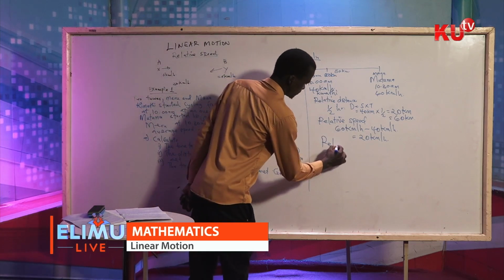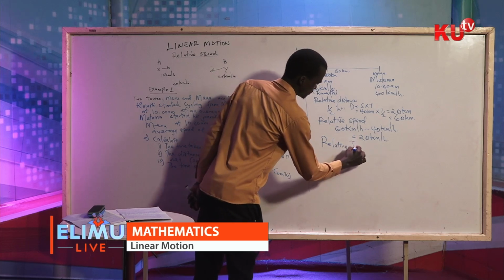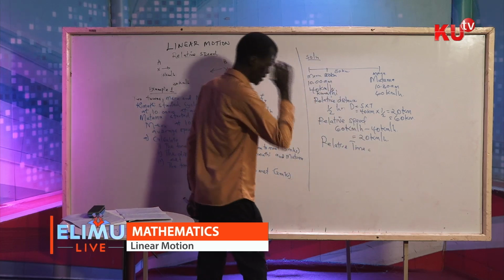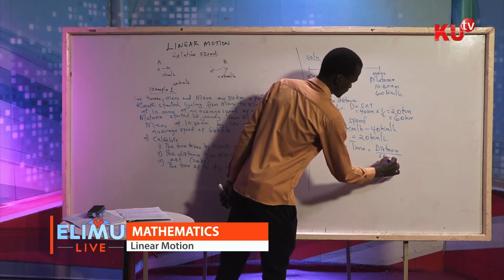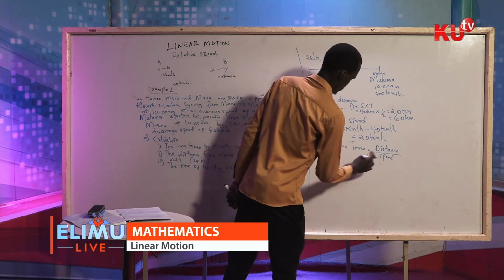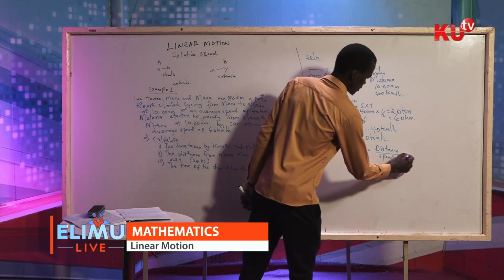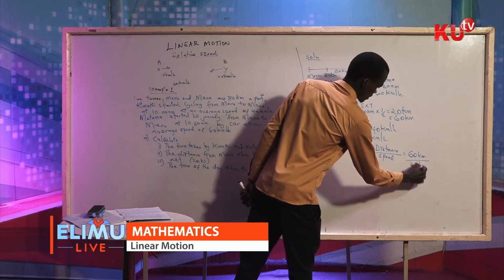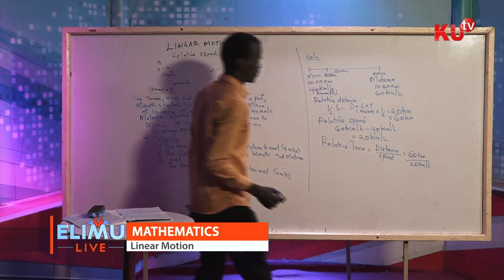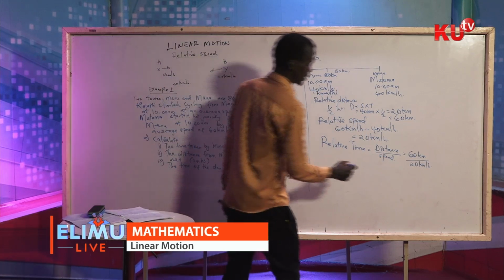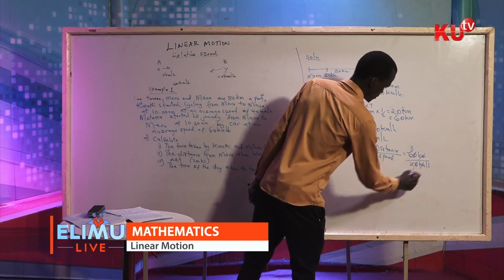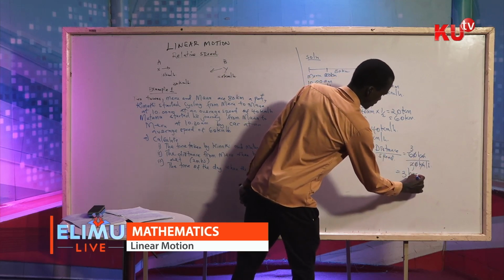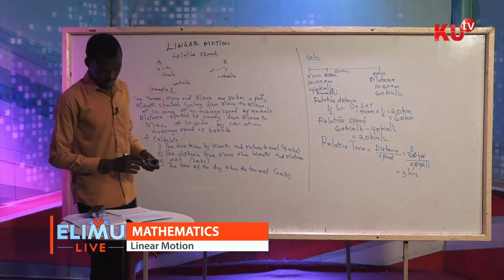Now relative time is distance over the speed. The distance is 60 kilometers. The speed is 20 kilometers per hour. And this gives us, so the relative time is 3 hours. So it means that it is going to take them 3 hours